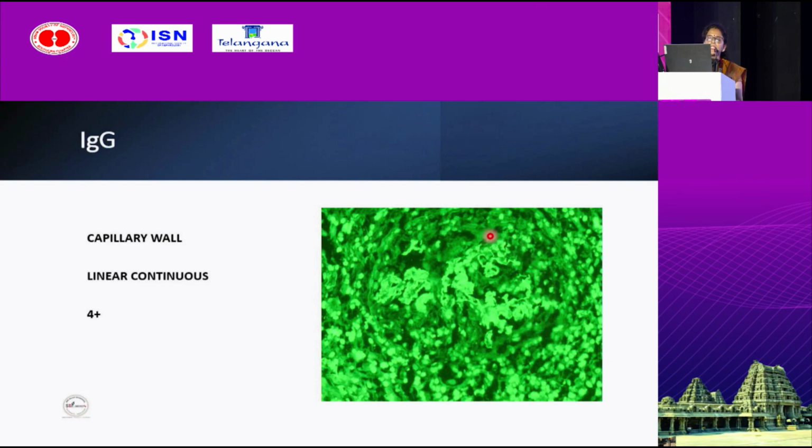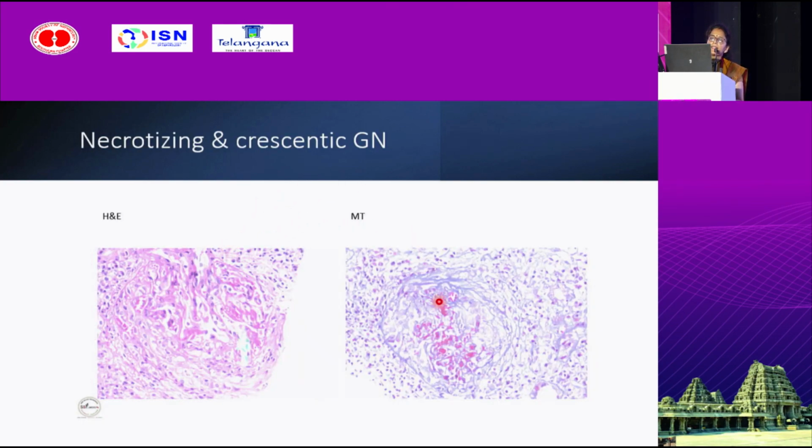Those are of anti-GBM disease, and this is a crescent. They are not taking up the stain. They will not be positive, and there is a breach in the Bowman capsule. Here we can appreciate some remnants. Now necrotizing and crescentic GN will also be there. That is, in necrosis there will be rupture; the left side part is normal, and on the right side part you can see there is rupture of this GBM and there is karyorectic debris along with some fibrin. In the mesangium we can appreciate this fuchsinophilic fibrin and overlying circumferential cellular crescents. Here we can appreciate there is a breach in the Bowman capsule.